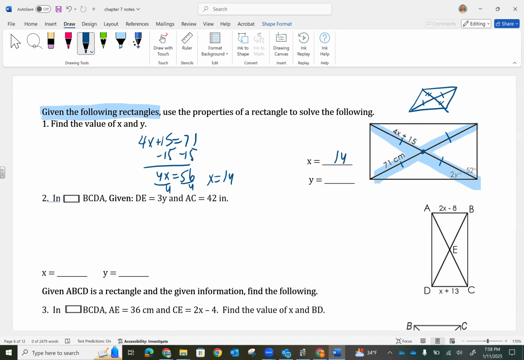So not only are the diagonals equal and they bisect each other, therefore all four of those pieces on a rectangle will be congruent to each other. And then to find y, looking at this angle over here, well,